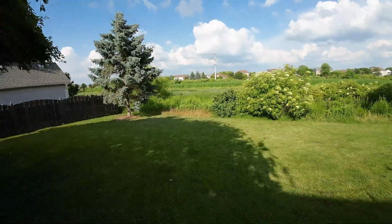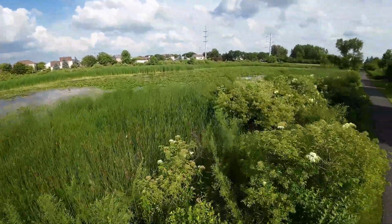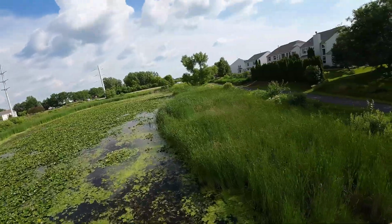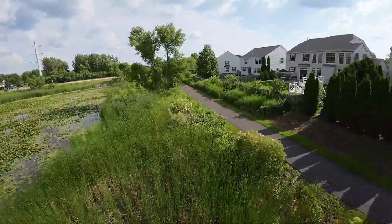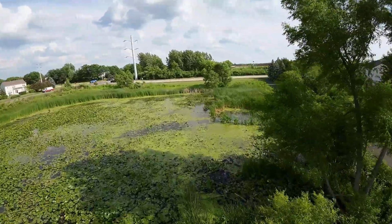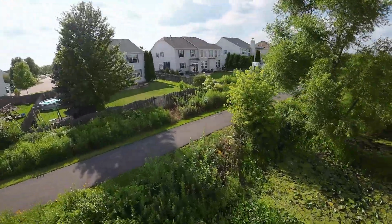Now we're going to transition to flying outside. Same settings, same scenario. And I think it looks a little bit better outdoors, and that's going to be the case for most cameras. You'll find that maybe bigger platforms will handle the wind a little bit better, but this does a nice job. And the video feed coming back to my goggles is really darn solid, absolutely the best of the bunch. And, you know, I did a video on that. That's not this, right? This is just a look at the cameras, and are these usable as